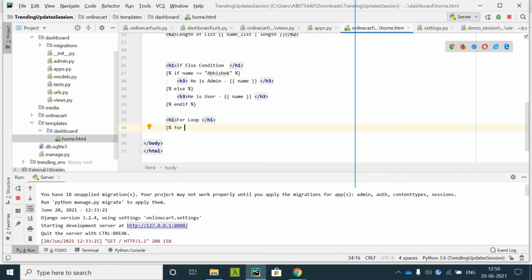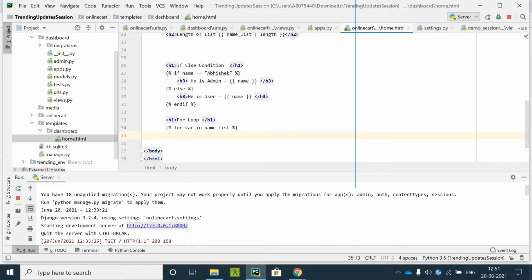You have seen how Python's for works. So this is how it goes: for, and the variable name. I'll just say var in name list. So we know what is already there in this name list.